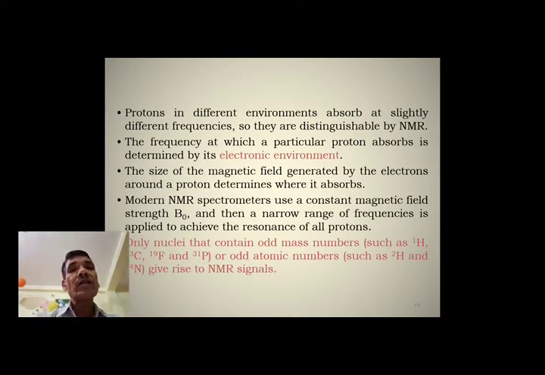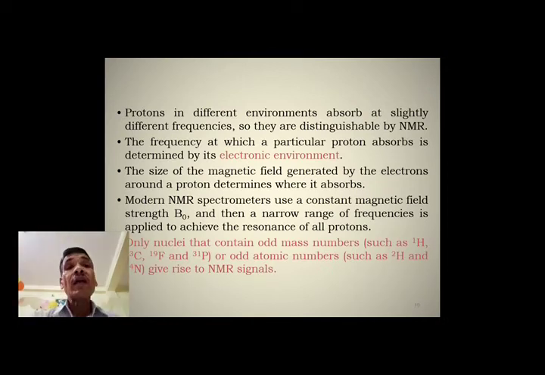That is, the frequency at which a particular proton shows absorption of radiation can be determined by its electronic environment, the size of the magnetic field generated by the electrons around a nucleus, and a proton determines where it